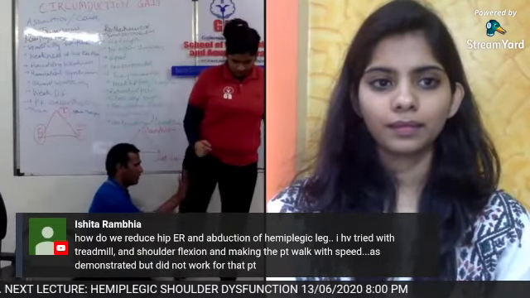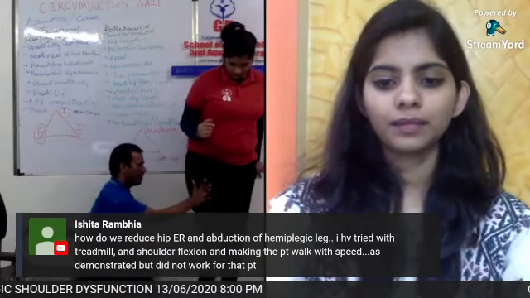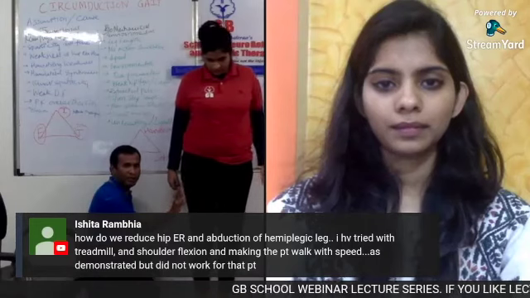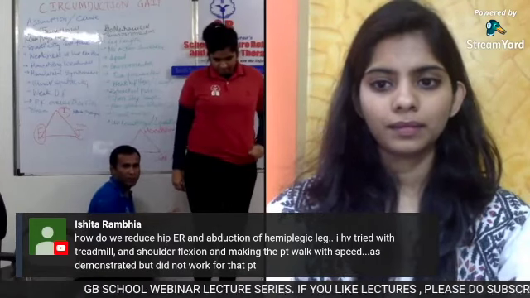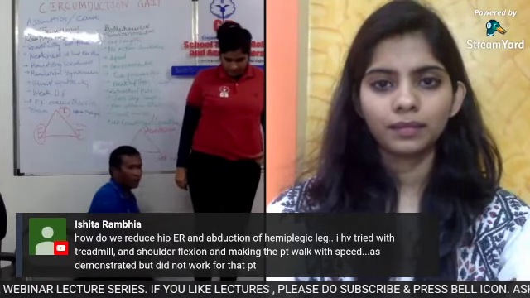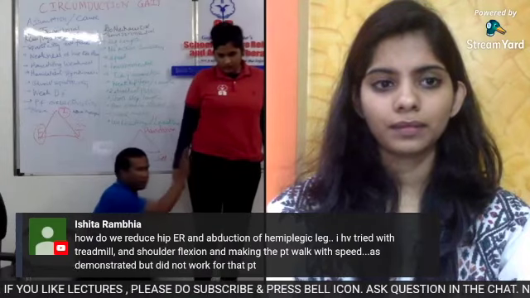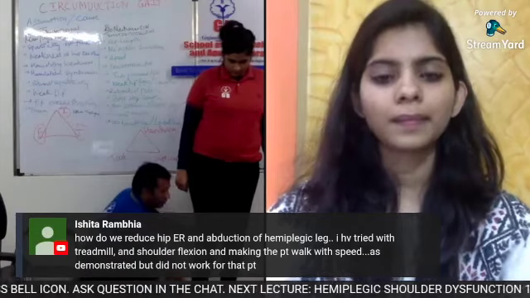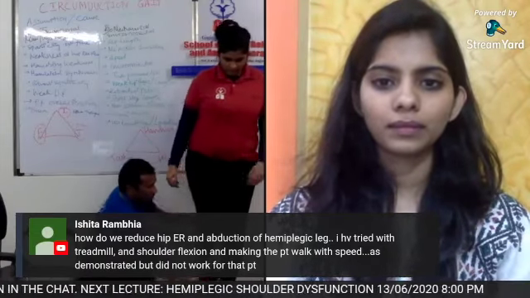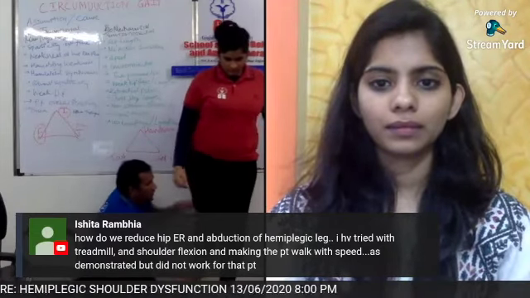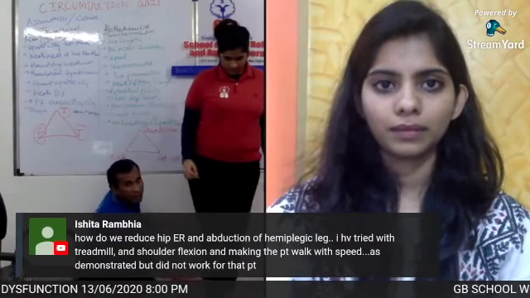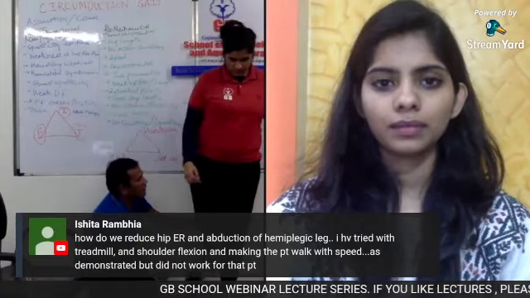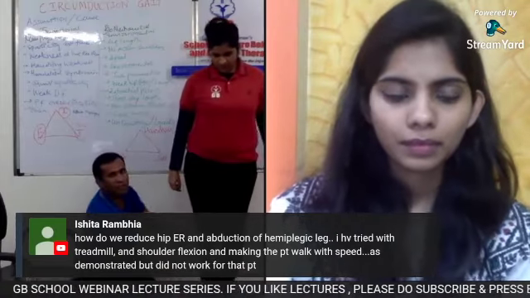So what do I do? I am giving you a constraint here that you have to move this much only. By giving a little bit of constraint here, you can do the stepping more easily. So do not try to correct too much. I gave an abduction constraint here, and while you are doing the step you guide the hip flexion. I am guiding the hip flexion more. I am not doing knee flexion here. It is not this, I am doing this. The more I guide the hip flexion, the better she gets.